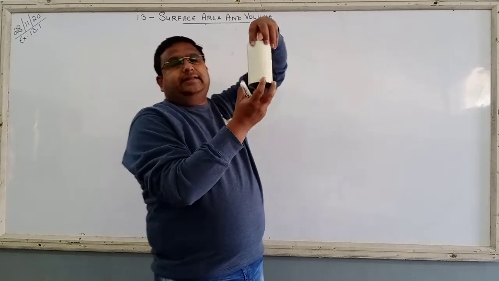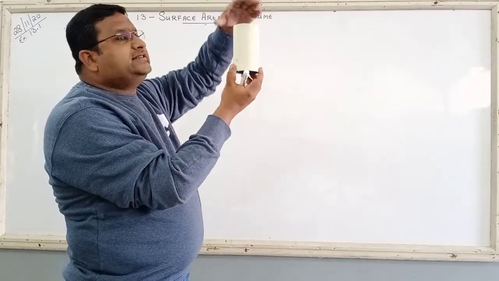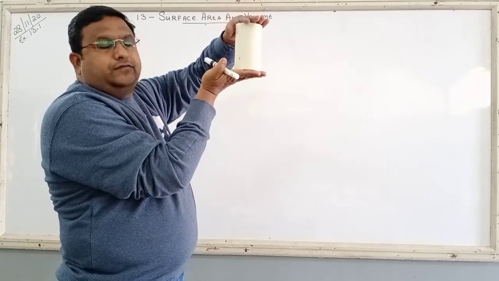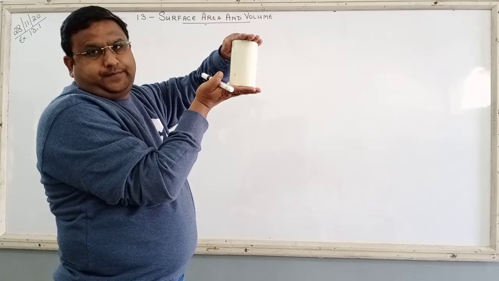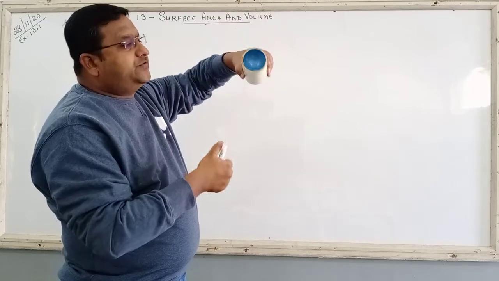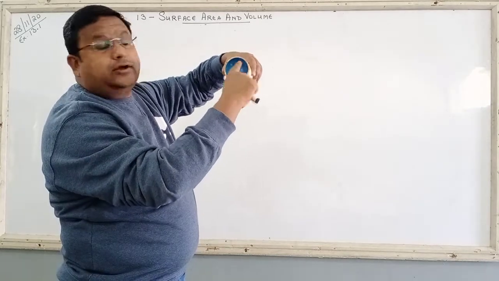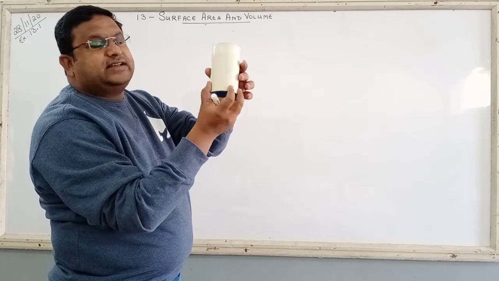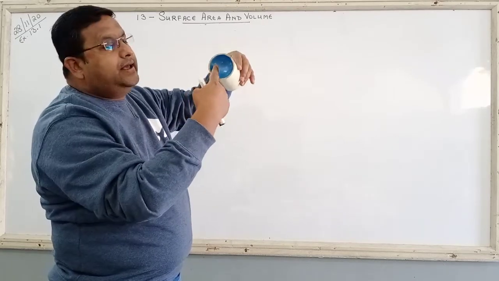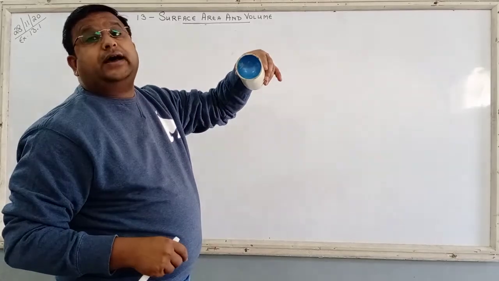Right? You can see this is a cylinder. And from both the edges of the cylinder, we are scooping out two hemispheres. Right? Two hemispheres have been taken away. Can you see these depressions? These are hemispherical depressions, one end and second end. White is the curved surface area of the cylinder and this blue portion is the curved surface area of the hemisphere.